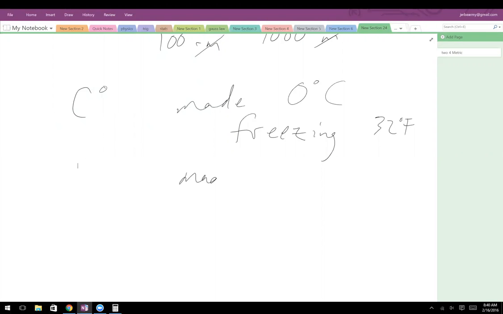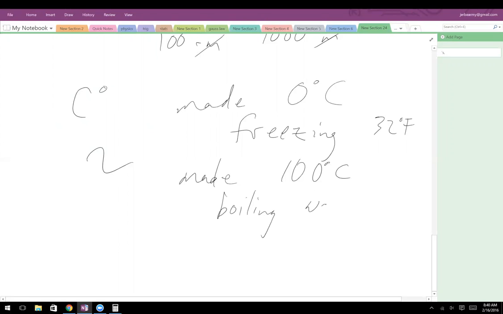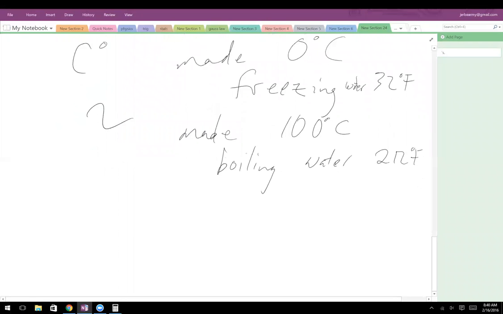I wish this thing would start writing again. Well, it's 212, so it's 180 degrees higher than the freezing point. So 180 and the 32 is 212. Oh, there we go. So it's made so that 100 degrees is the boiling point of water, which is 212 Fahrenheit. So you can kind of see on this, to get from Celsius to Fahrenheit, well,